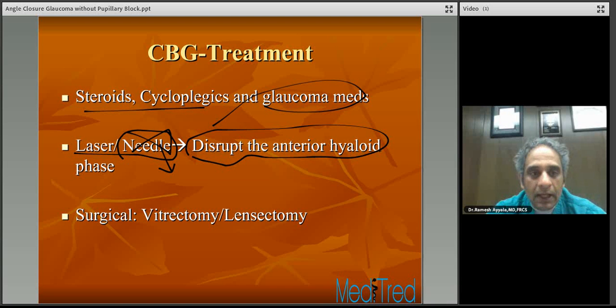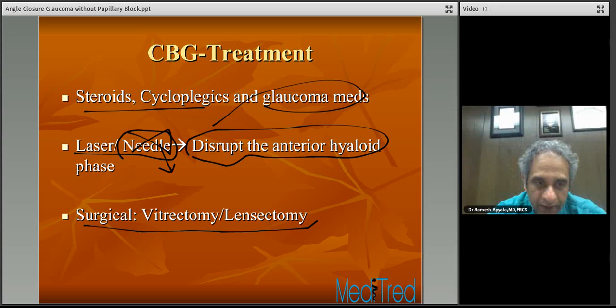If steroids and cycloplegia, glaucoma medications, and YAG laser do not help, you may want to go for a vitrectomy and lensectomy combination. Make sure that you instruct your retina specialist to disrupt the anterior hyaloid phase, especially in the periphery. If you don't do that, the attack may not be broken, and the patient may still end up with